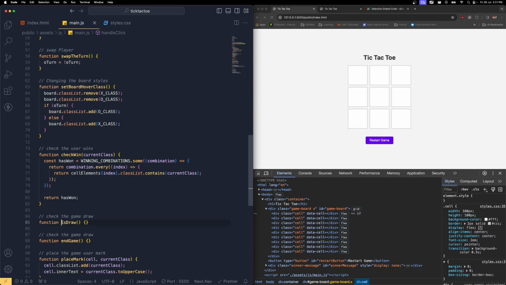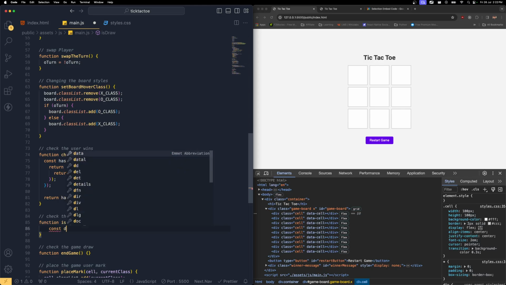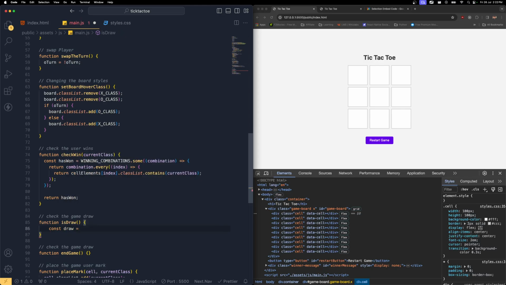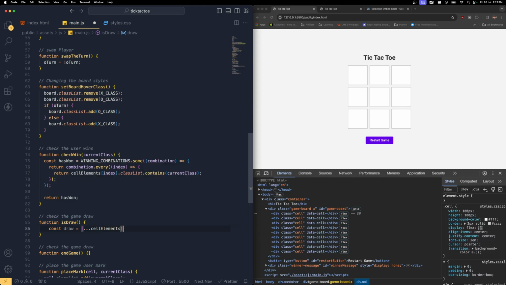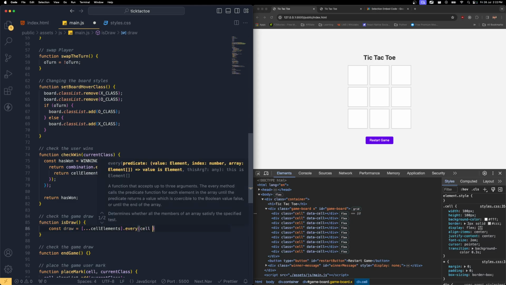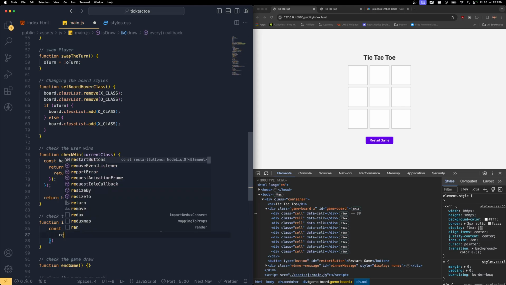Now we need to go for the second function, isDraw. In this function, we need to figure out whether the match is draw or not. So let's go ahead. Const draw equals, we need to spread out each and every cell element, so that we can access every element of those cells, open it, then return